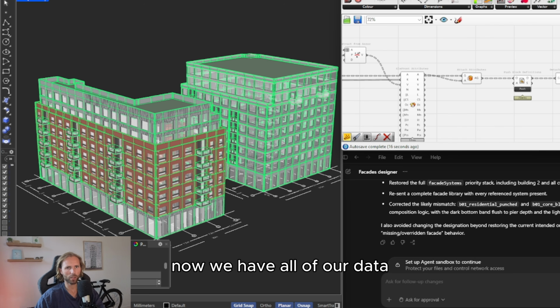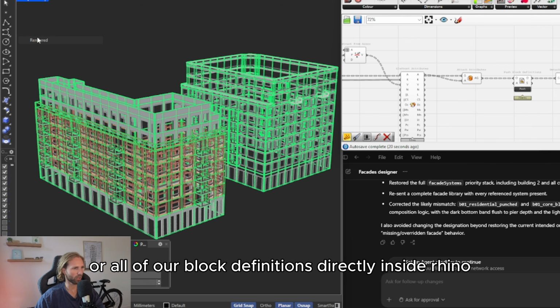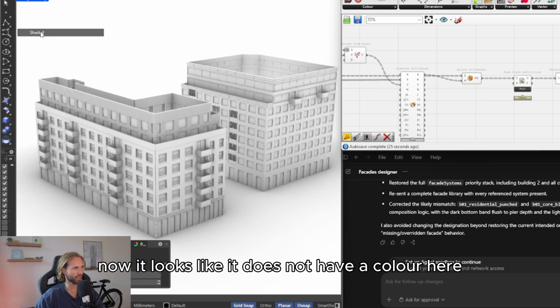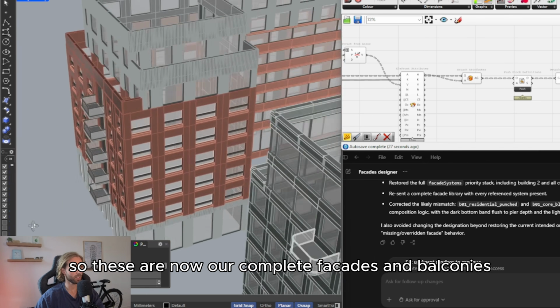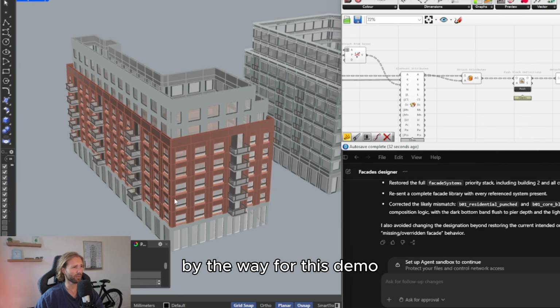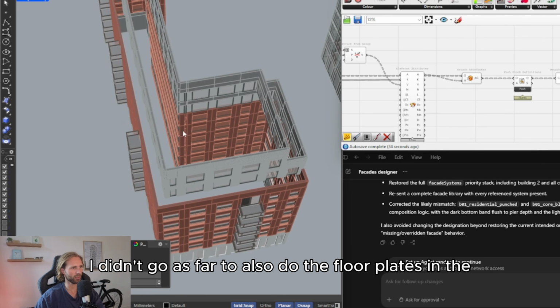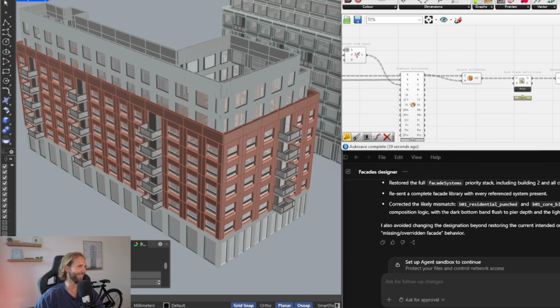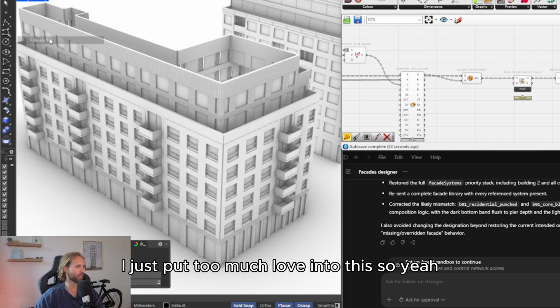Now we have all of our data, or all of our block definitions, directly inside Rhino. Now it looks like it does not have a color here, but it actually does. So these are now our complete facades and balconies. By the way, for this demo, I didn't go as far to also do the floor plates in the course, even though we have them, but I'm just running out of time. Just put too much love into this. So yeah, let's